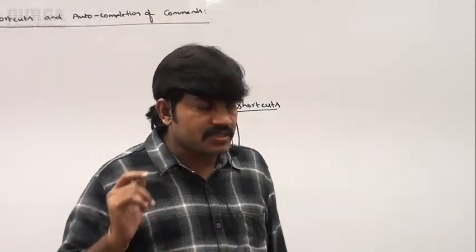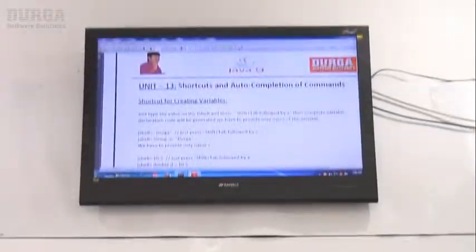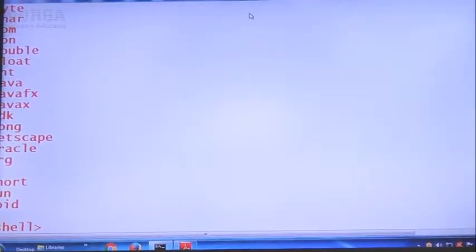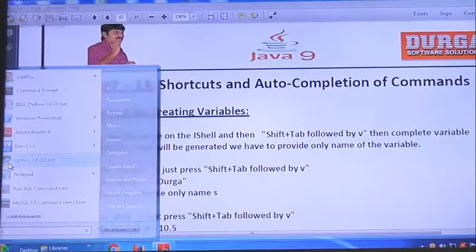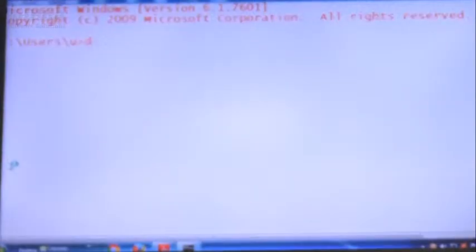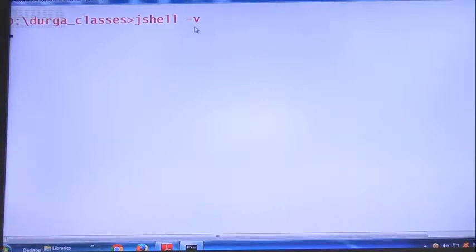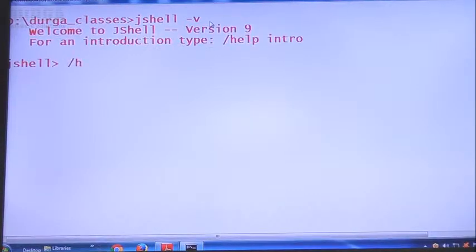Don't worry, just have a look once, sir. Observe that very carefully. Let me open JShell. Let me go to the command prompt. Here, I want to open JShell -v. Okay, JShell is ready, sir. Now, observe: /help